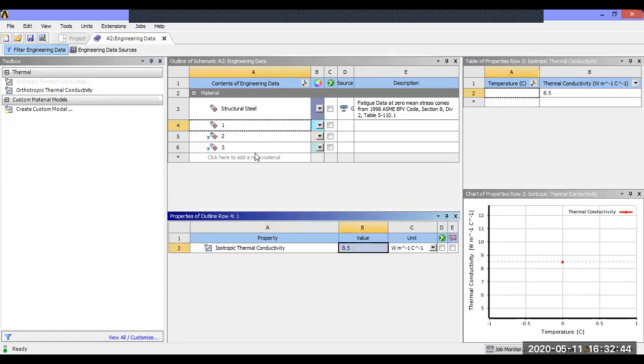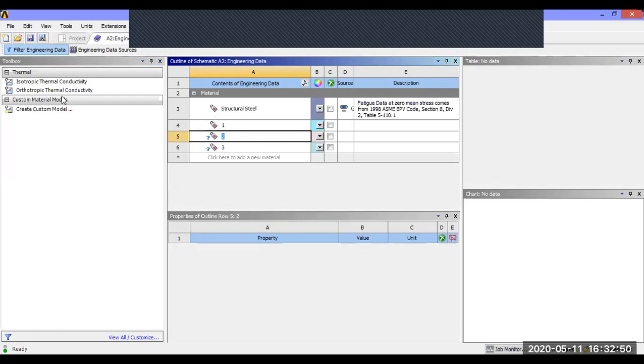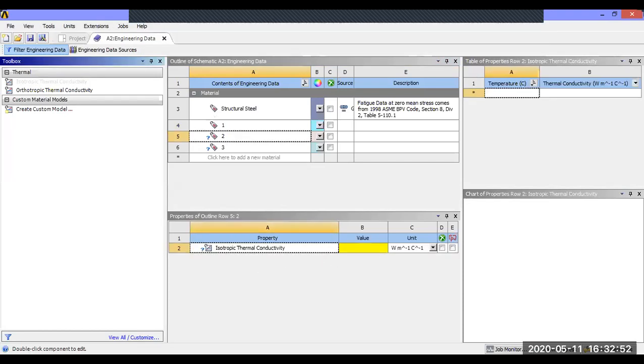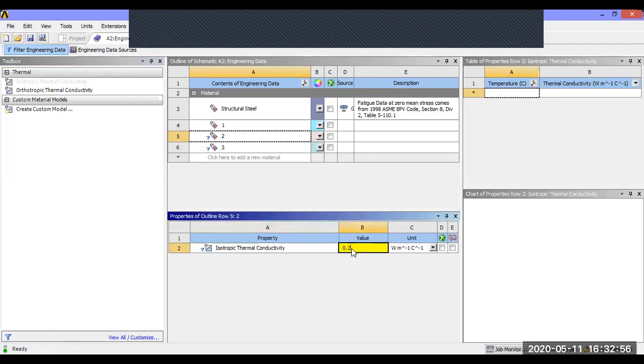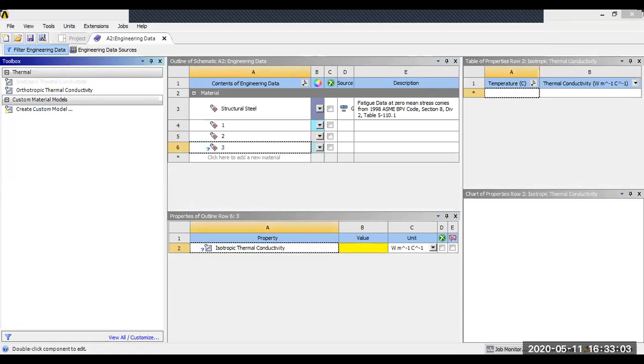Next, second material. What is the thermal conductivity? 0.25 watt per meter. Next, third material. Double click isotropic. What is the third material? 0.05.